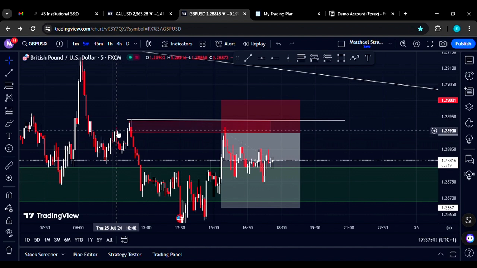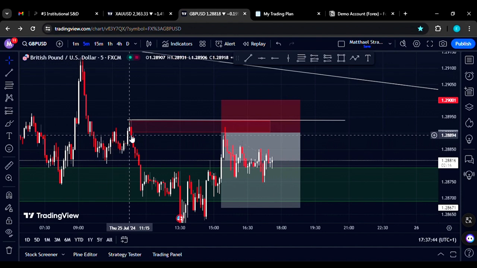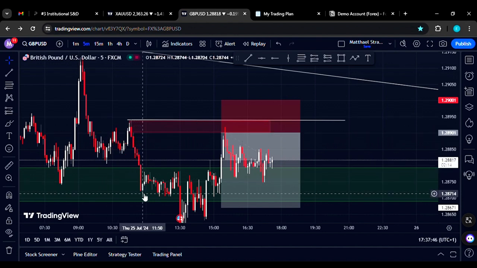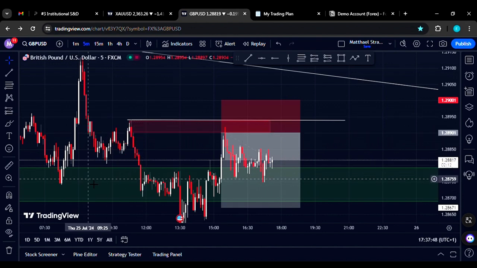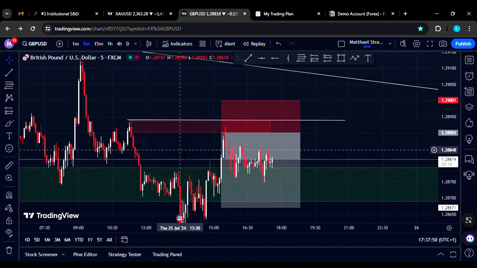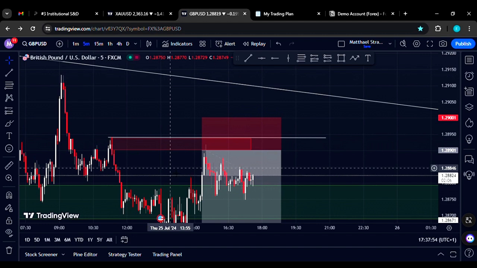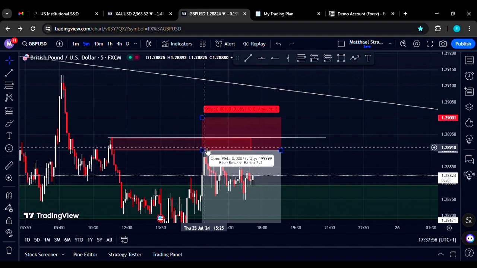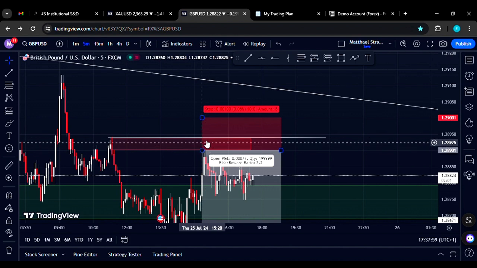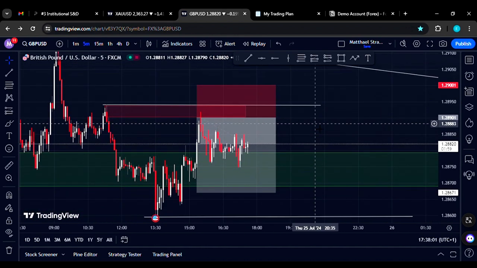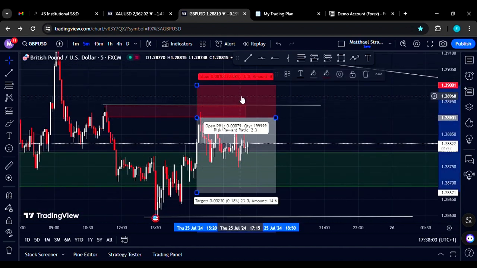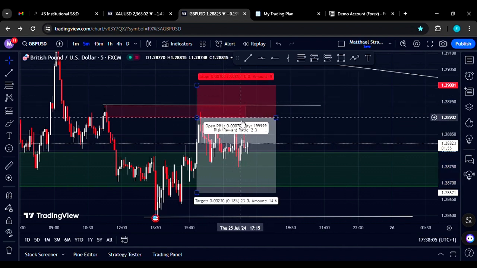You can see price already cleared here. So price cleared it and went straight down to test this demand zone, which it kind of broke out a bit, then went back up to take orders from this supply zone. So like I said, unlike gold, I didn't take this one,